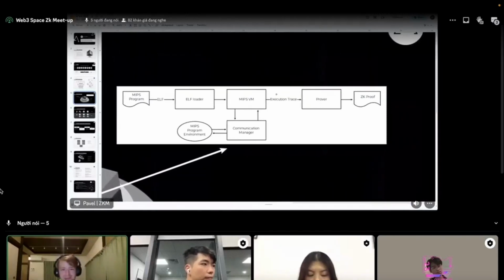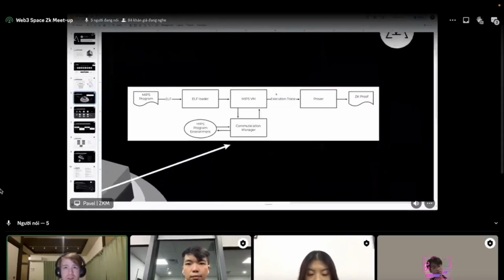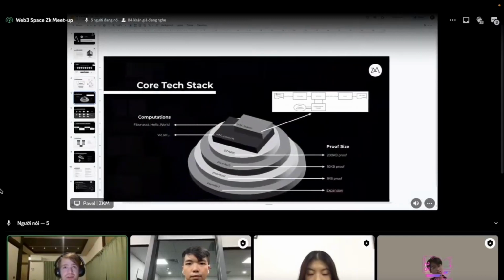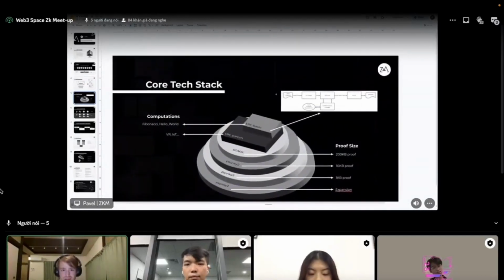We have the MIPS program, and the binary file, the executable file for MIPS, is called ELF. We take that file and then we run it through the VM, which is then able to produce results from that execution, so that's the execution trace. From these results, we're then able to generate a Stark proof, and then recursively iterate using something like Plonky2, and